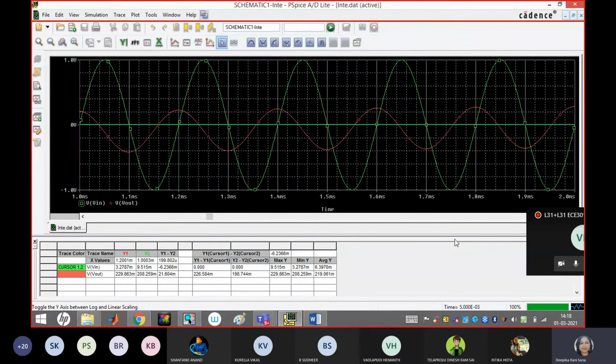Nothing, just for this VCC connection you have to go to the add trace option. For that V in and V out you have to write. I have written V in, but you may write VI also, V not also, to identify which one is which. You may write V1 and V2 also, no issue. But you should know which name you have given for the input and output probe for the VCC. Okay, so this is the example of the sinusoidal waveform.